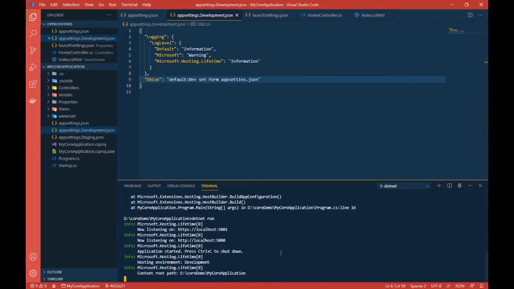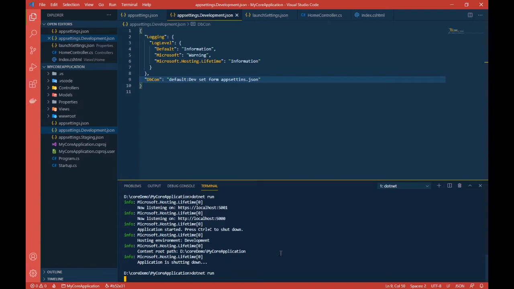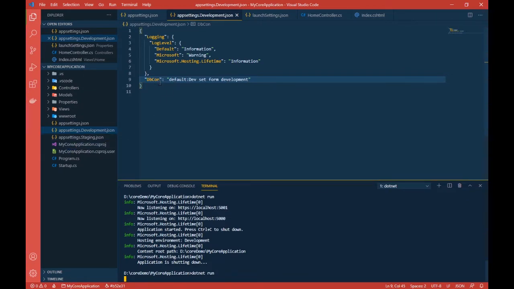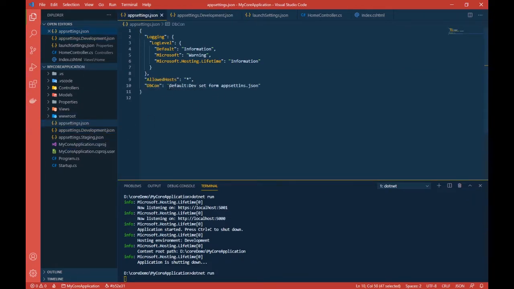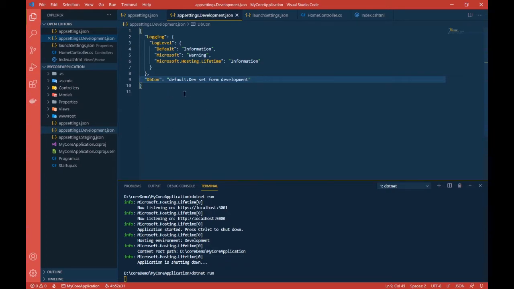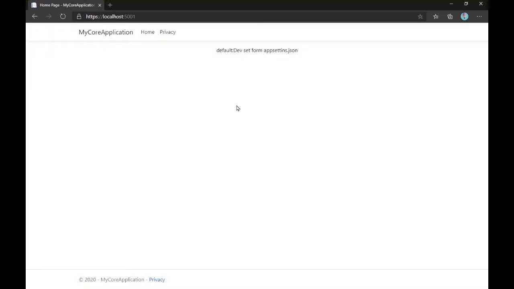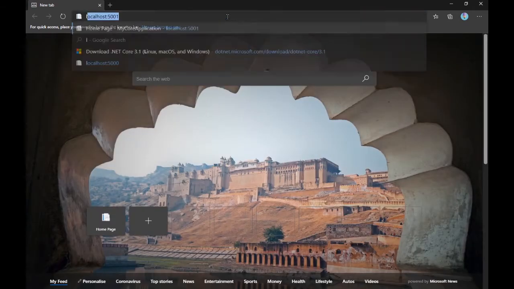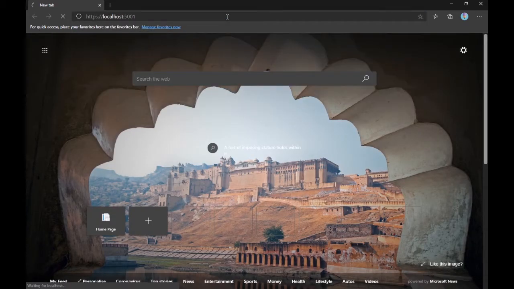So let me stop this and rerun this. Sorry, not from app settings, from development. So the same key is present in appsettings.json and appsettings.development.json. So my point is, what will we see? What is your guess? Let me close this. Any guesses? If you guessed development, then it is correct, because